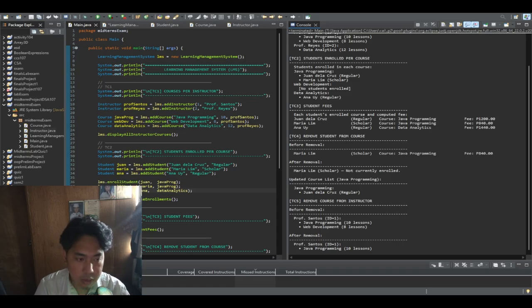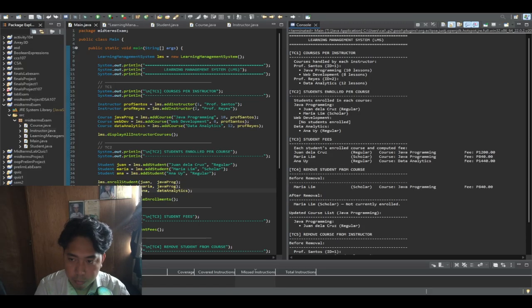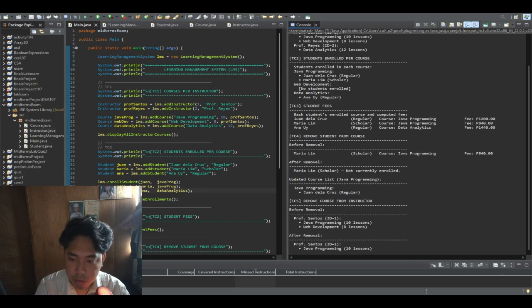The last test case demonstrates a state mutation too, this time on the instructor side. Professor Santos currently handles both Java programming and web development. We display his course list first, then call remove course from instructor.